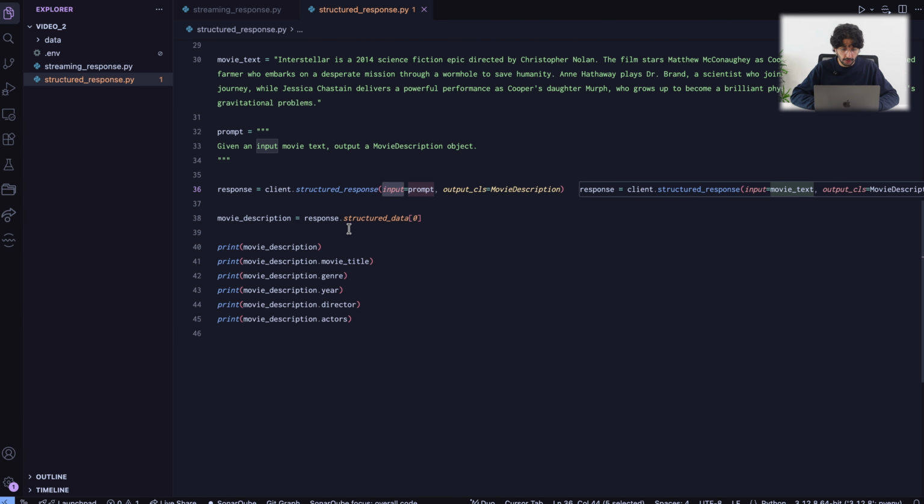See the difference with the JSON example we had before? Here you get full IDE support. You get a strongly typed Pydantic object. And if for some reason the model is not able to match the type you gave it, you will get a clear validation error. And that's how you build production-ready applications. You define your data model once, and then let Pydantic enforce it everywhere.